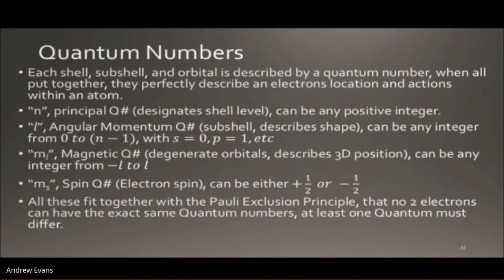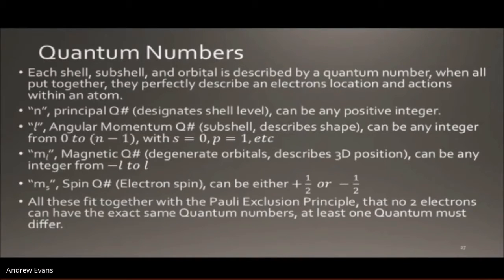Then we had the magnetic quantum number, which talks about the degeneracy in the 3D positions. This ranged over integers from negative l to positive l, with 0 in between. So the subshell s only had one possibility because 0 can neither be positive nor negative. p had 3, d had 5, f had 7, because we're adding 2 new possibilities with each subshell.